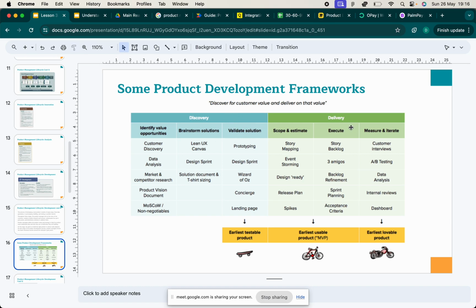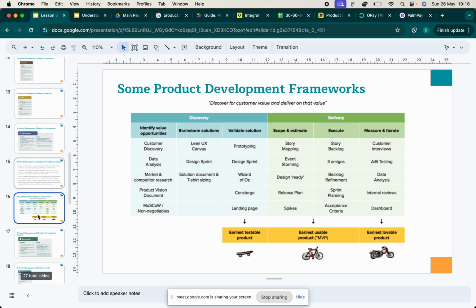And in the delivery, then you can think of user story mapping. So all of these frameworks, some of them you will see in action. We'll use them in the course, and I'll teach you them. So you'll be fine. I'm just giving you an introduction to the things that we will be doing down the line in the course. So I appreciate that at the moment you may not fully understand, but this is to just bring you up to date on some of the things we will do down the line.